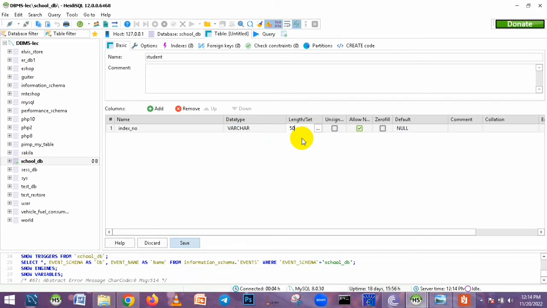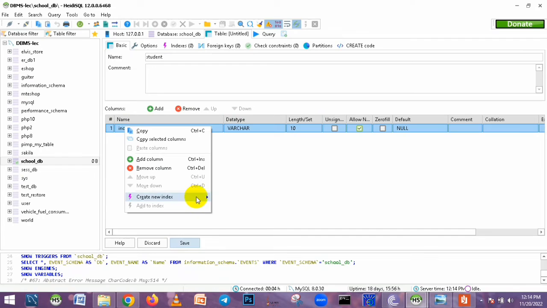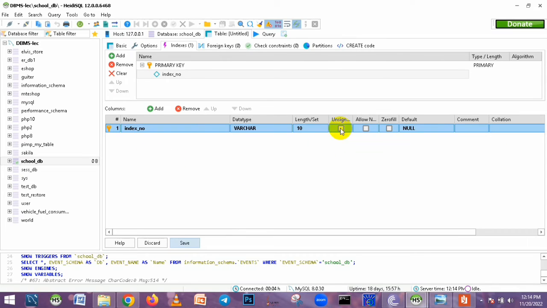And now you need to change the length. We need to set it to 10, and now we can right click on this and create a new index, and you get a submenu. Now select primary, and you can see this tick has disappeared, because we can't have null values in primary keys. So we can't allow null in this primary key. Alright,